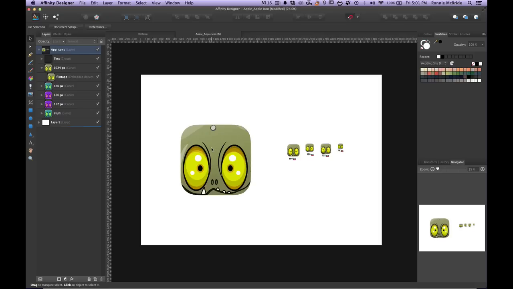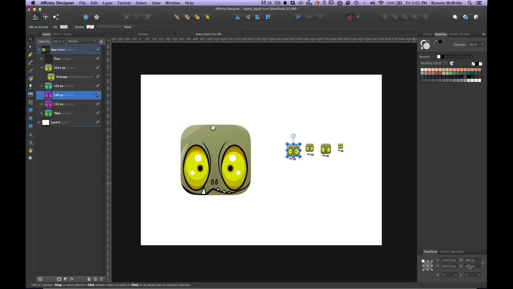So what I did is I copied it and pasted across these multiple dimensions, and then I went down here into my transform settings and typed in the pixel dimensions that I needed that shape to be. Once I was done with that,